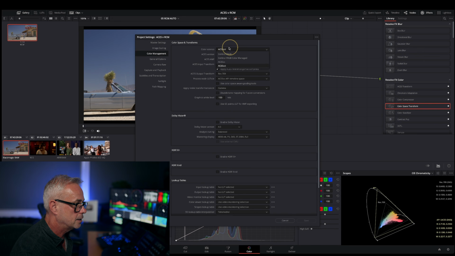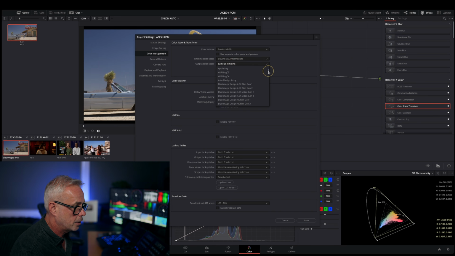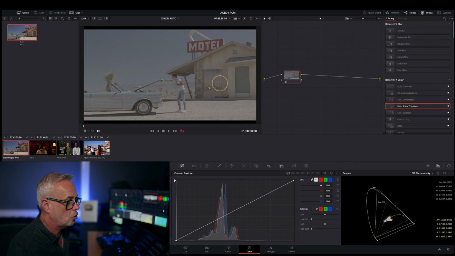I'm going to come out of ACES CCT. I'm going to come to non-color managed, regular here. I'm going to go to DaVinci Wide Gamut in here, as I always do on all my episodes. I'm going to go to Rec 709 Gamma 2.4 because that's going to be my output. I'm going to say save. All right, so this shot now